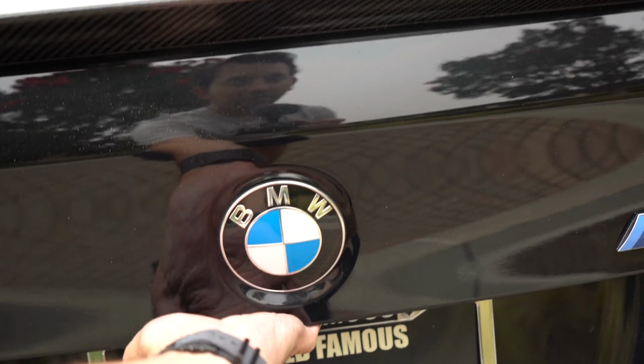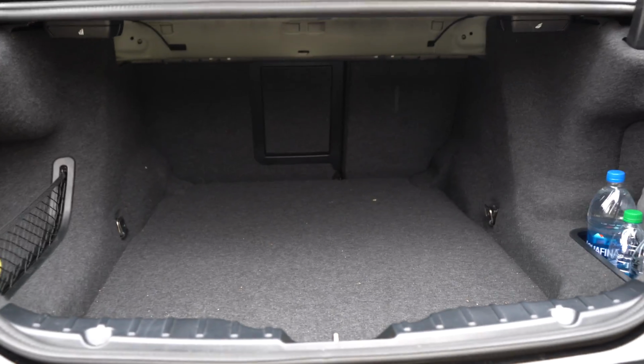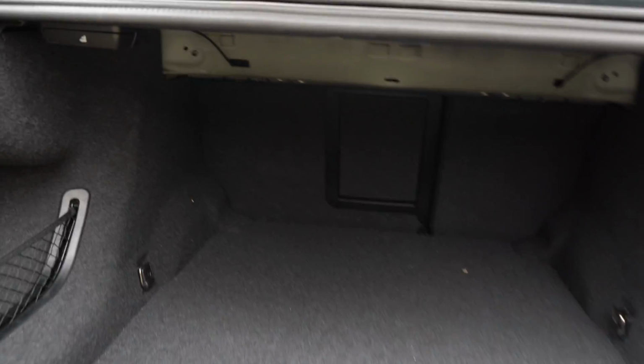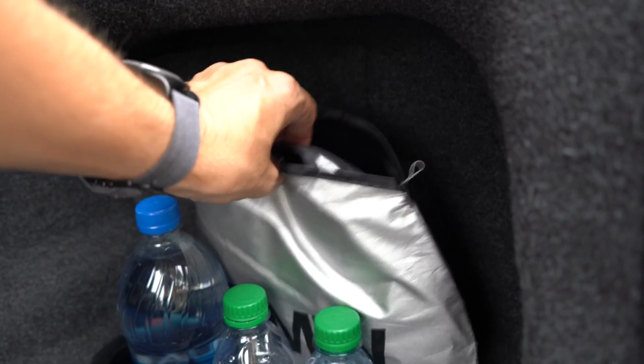While we're back here, we'll open up the trunk. Famous Beverly Hills, yeah. But basically it has a good amount of trunk space here, kind of similar to a Mercedes E-Class, or like my CLS. Has some cool compartments as well. Can hold some water. It has also a nice little BMW